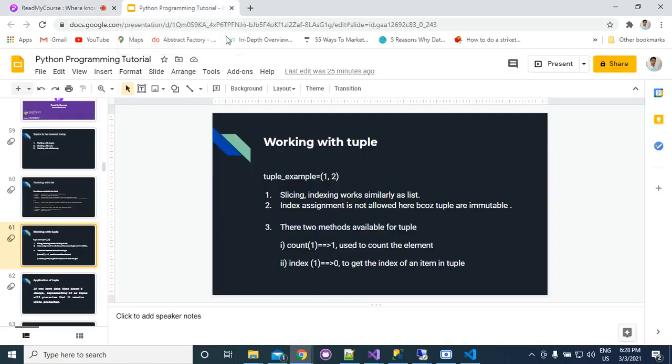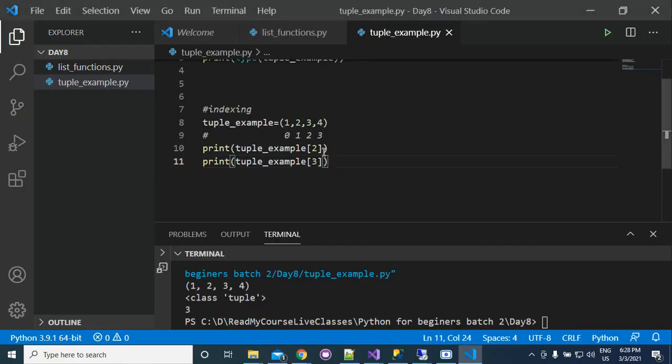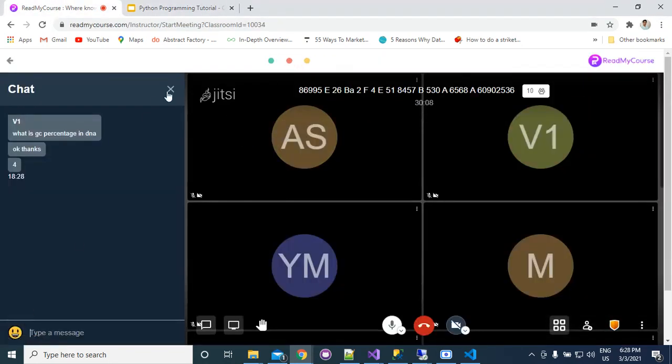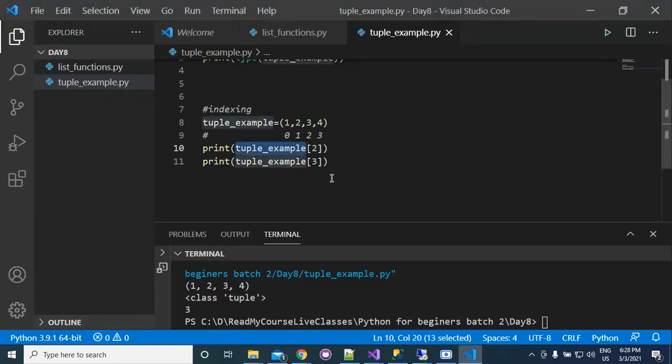No, sir. I think I have completed this indexing in case of string and list. So the indexing is basically the same everywhere. The same rule is for string, same rule is for list, same rule is for tuple also.